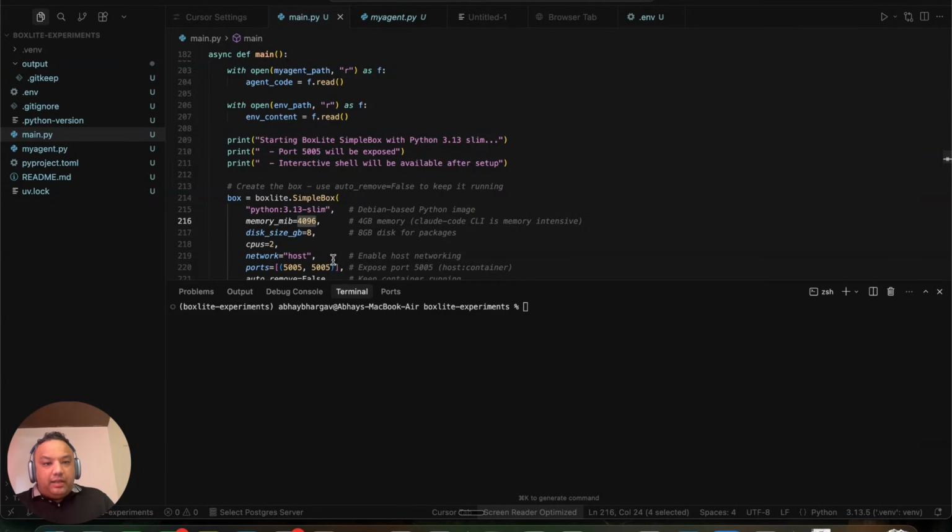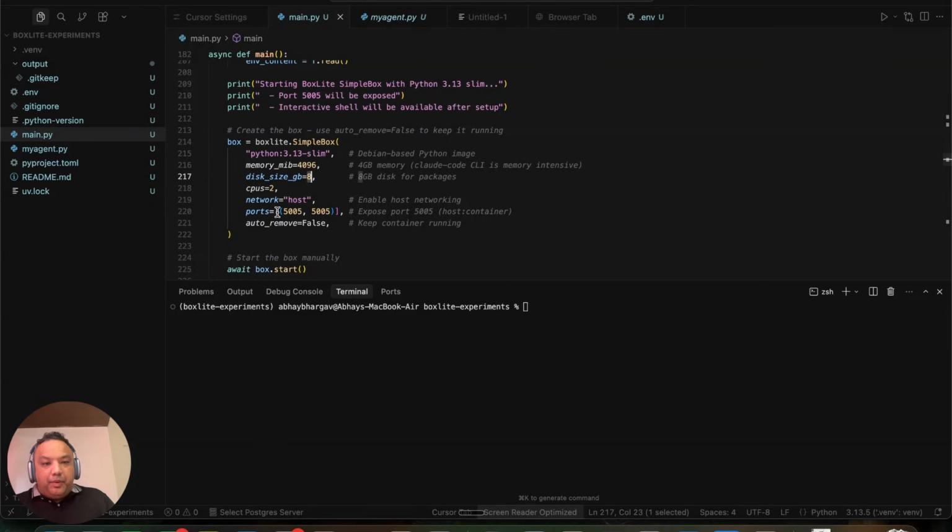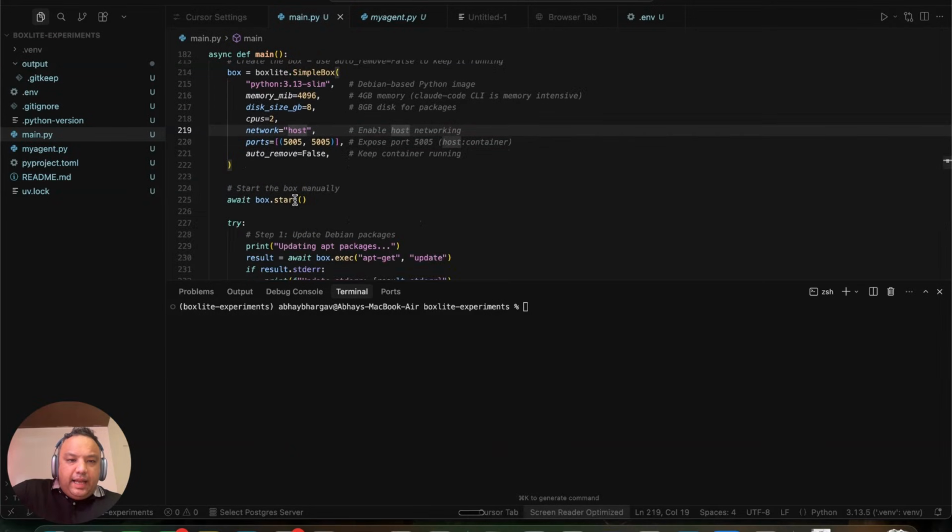It's running at 4 gigs of RAM, 8 gigs of hard drive, 2 CPUs, and it's opening up port 5005, just like you would run any other Docker container, right? You want to bridge the network. Of course, it's not bridging, you're using host networking, and that's what it's doing.